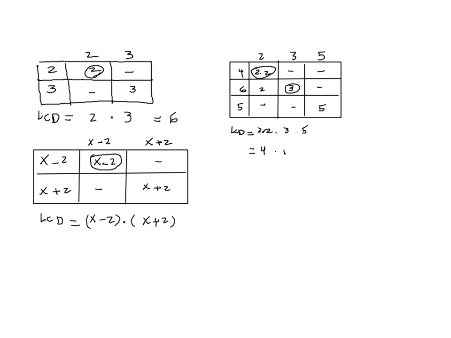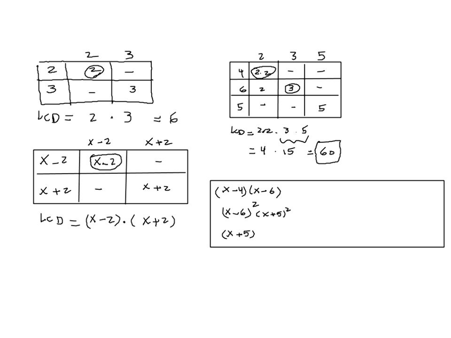So what do we have here? 4 times 15. So what's the LCD here? 60. So the LCD is 60 among those numbers. So if I were going to find the LCD among x minus 4, x minus 6 squared, x plus 5, and then let's put some more here, x plus 5 squared, and also x minus 6 here. If we were going to find the LCD among these 3,